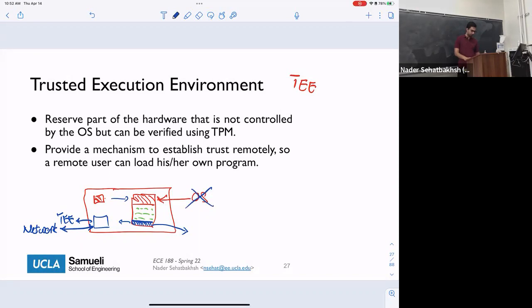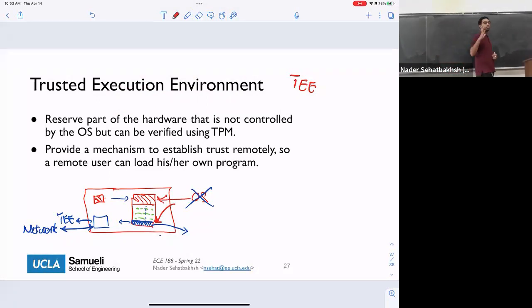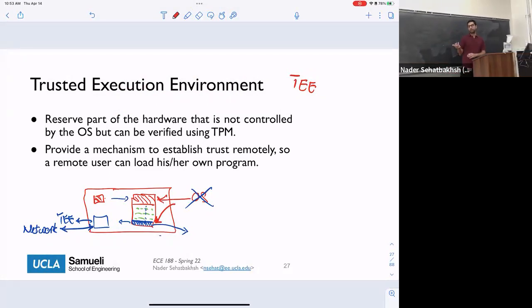And this way, if we load the system, we trust this, but at some point the OS can no longer be trusted. So all these things are potentially malicious, but we will create a hardware mechanism that makes sure that the OS cannot attack or change things in this part of the memory. So this is basically a physical isolation that we create at the hardware level to make sure that even if the operating system is compromised, that part of the memory can never be replaced or modified by anything except this piece of hardware.